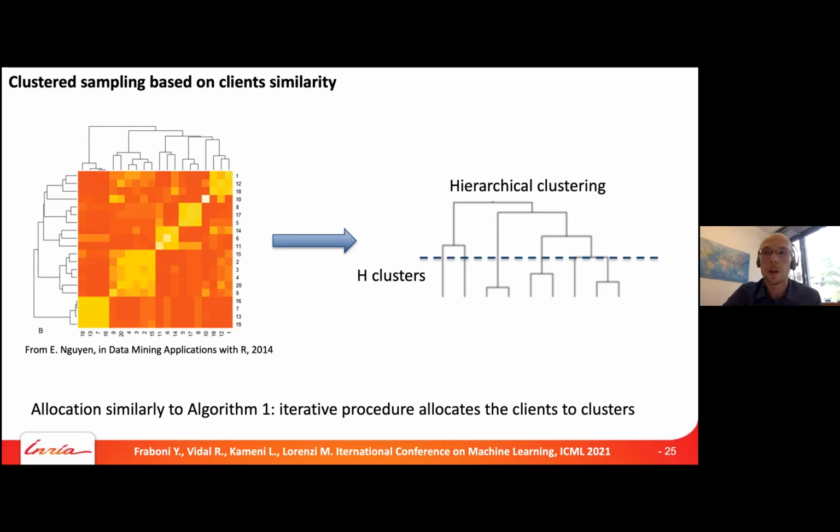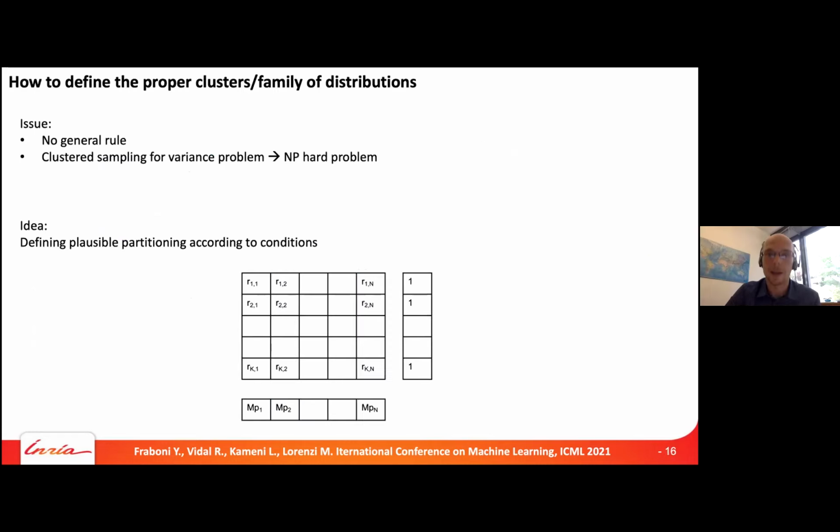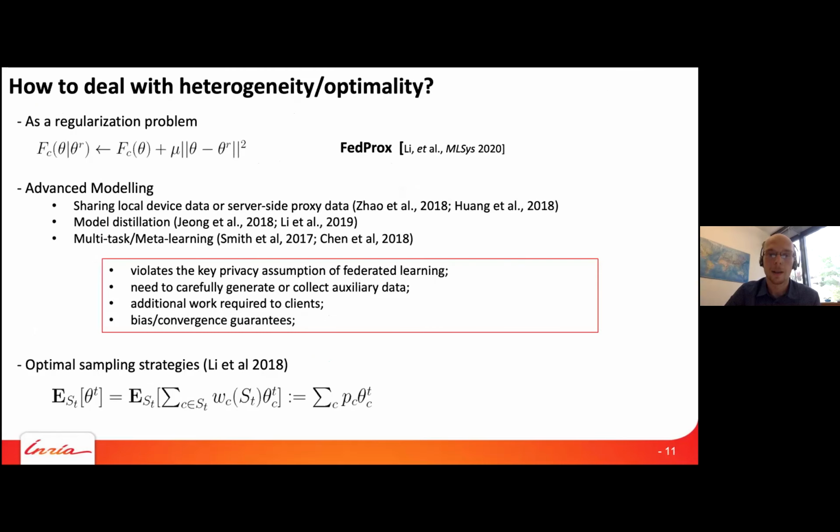That we reduce the computational load, so the work required to the clients. Not all the clients are involved, so we minimize the chances, for example, to have stragglers. So clients that are very slow, we are not going to ask them all the time to do some work. I see. Because of this sampling procedure. But on average, you will ask them that many times to do the work because it's not biased. Exactly. So actually, the computational load doesn't really change.